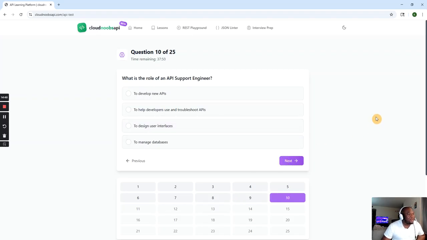What is the role of an API support engineer? To develop a new API, to help developers use and troubleshoot APIs, or to design a user interface to manage a database. They are support, so they help developers use and troubleshoot APIs.